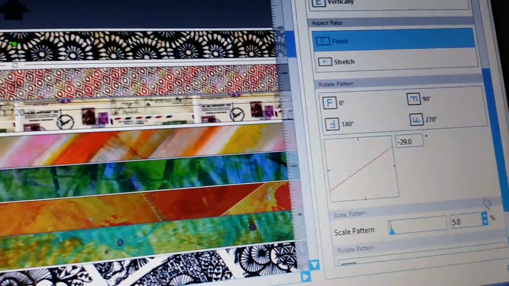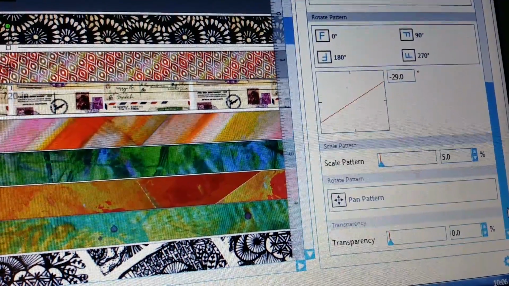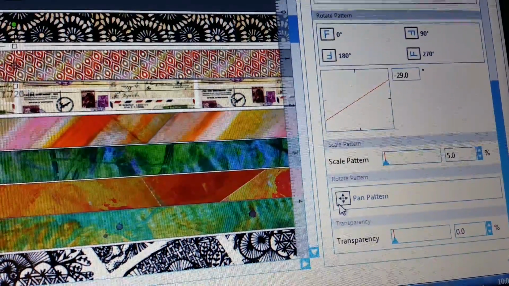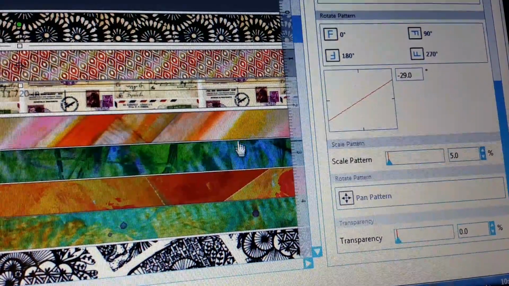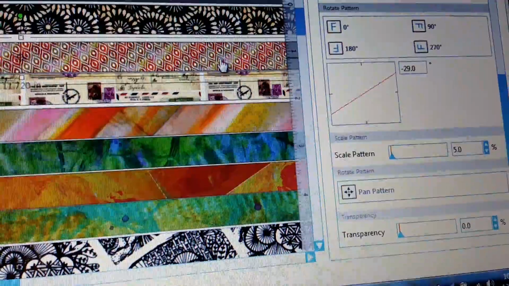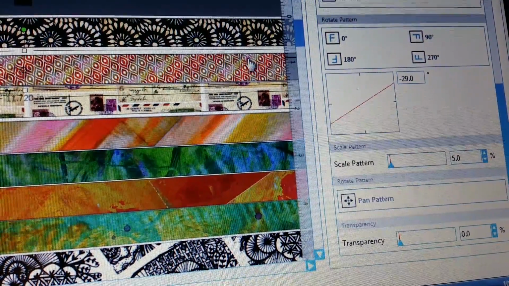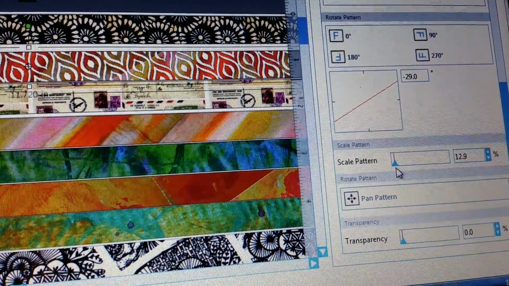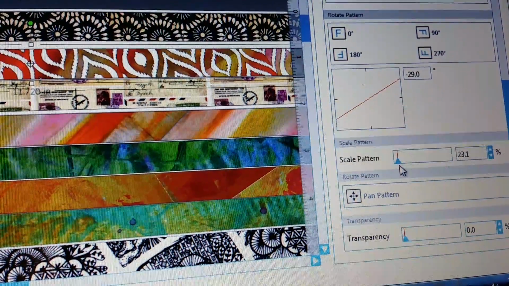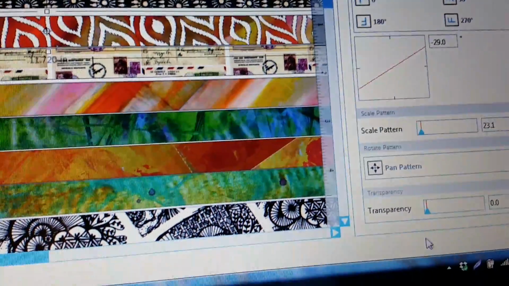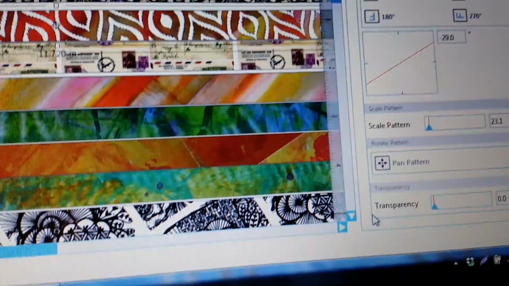I can do many, many other things. I can rotate the pattern, which I haven't had a mind to do. Or in another case of paper that has, and I don't want this to be that small, so I'm going to take that back up because it's a little bit too small for me. Anyway, there I go. This gives you the basic idea of how to use your patterns once you get them